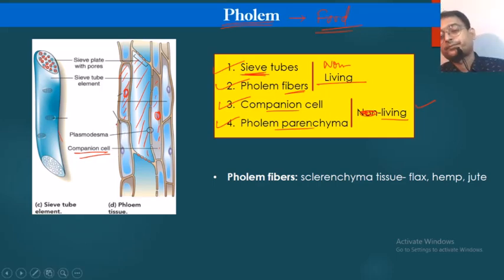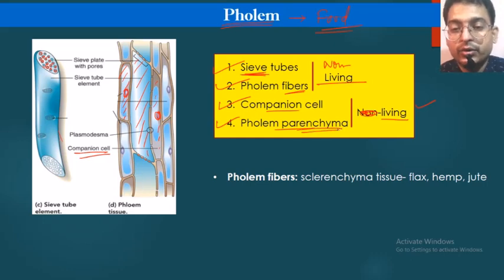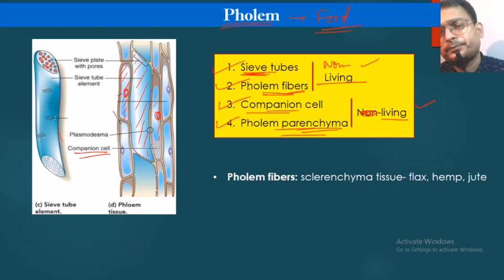Okay, parenchyma cells are living cells always. Okay, so therefore companion cells, parenchyma cells, both of them are living, whereas sieve tubes, that is this one, sieve tubes and phloem fibers are non-living. Okay, so